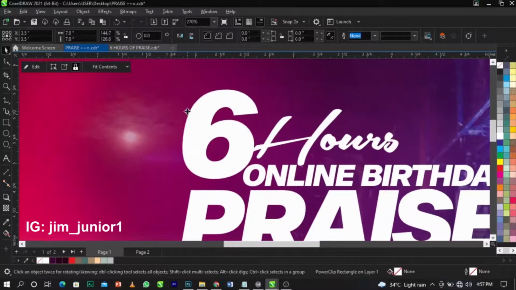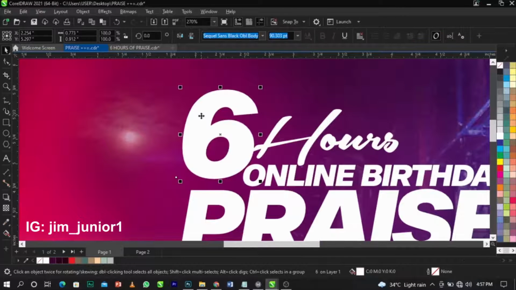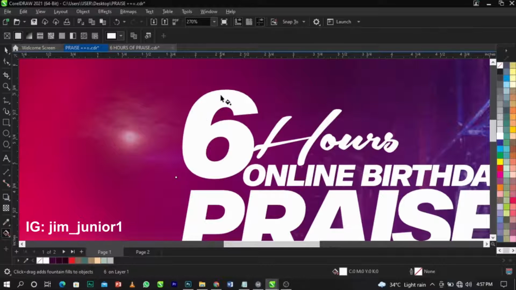So what we're going to do now is I'm going to select this one. I'm going to use my interactive fill tool to fill a color here. So I'm going to draw this way. Just select your fill tool and draw just the way I did. Make sure it slants this way. So you're going to select this one. Once you do that,